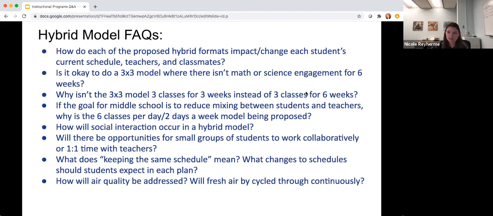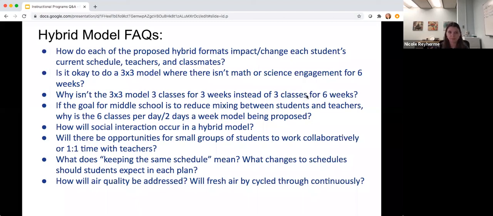As we shift teachers to become EDL teachers, we will have to balance classes. So there will probably be a number of student schedule changes in order to do that. And then obviously, if a teacher is moving to EDL, we will have to replace the teaching in that classroom. So there will be some disruptions to their current schedule and their teachers, but it should be as minimal as we can make it.